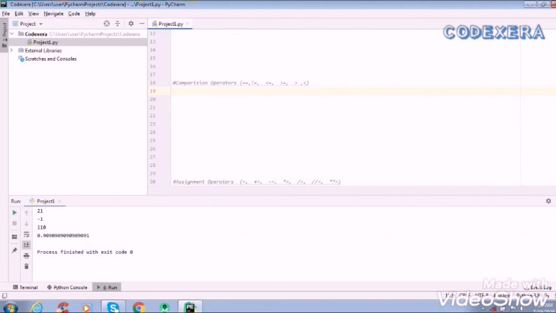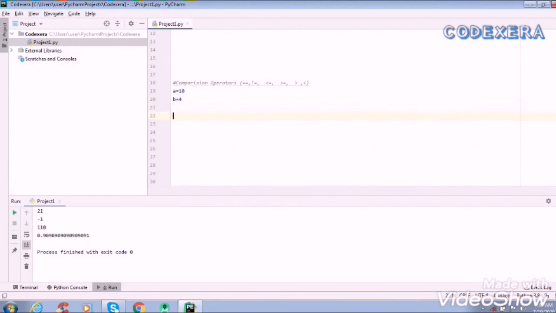Now we'll see our comparison operators, and what they do. I have already told you that we use comparison operators for comparing two values. So we'll see how to compare two values. Let's say a is equal to 10 and b is equal to 4.